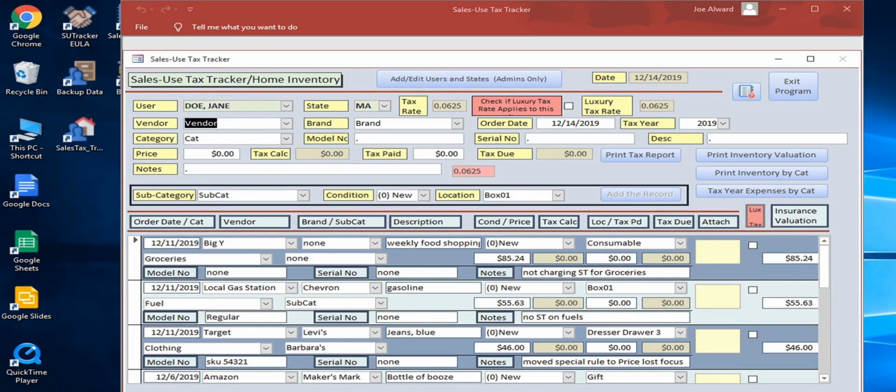Okay, and now, at long last, let's start entering some transactions into the database. Let's enter three typical transactions that Jane would want to enter into the database. The first will be an Amazon purchase. You note that when I started typing Amazon, the field populated because Amazon was previously defined as a vendor. And from Amazon,